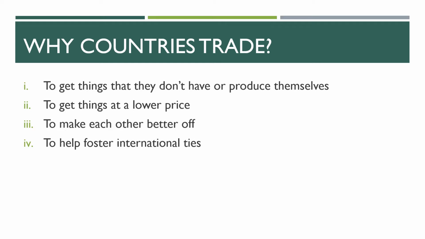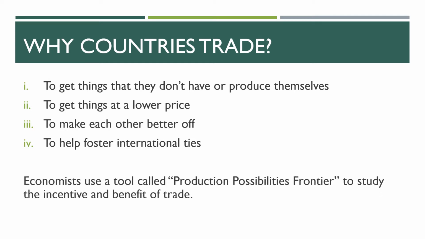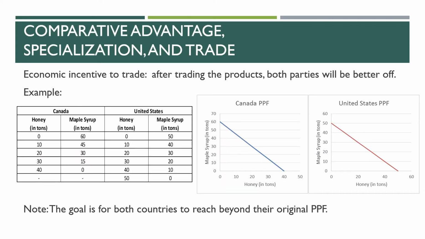But regardless, I think in any trade scenario, there's only one common result, that after the trade, both countries actually get a better result or a more desirable outcome. So economists use this production possibility frontier to explain the incentive for trading. Today we are going to use this very simple two-good PPF model to demonstrate how a trade can